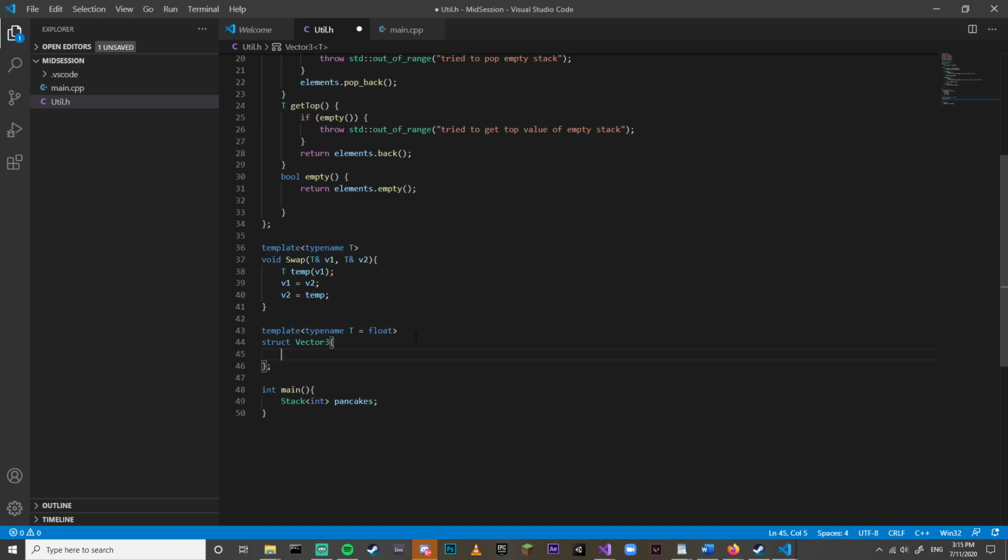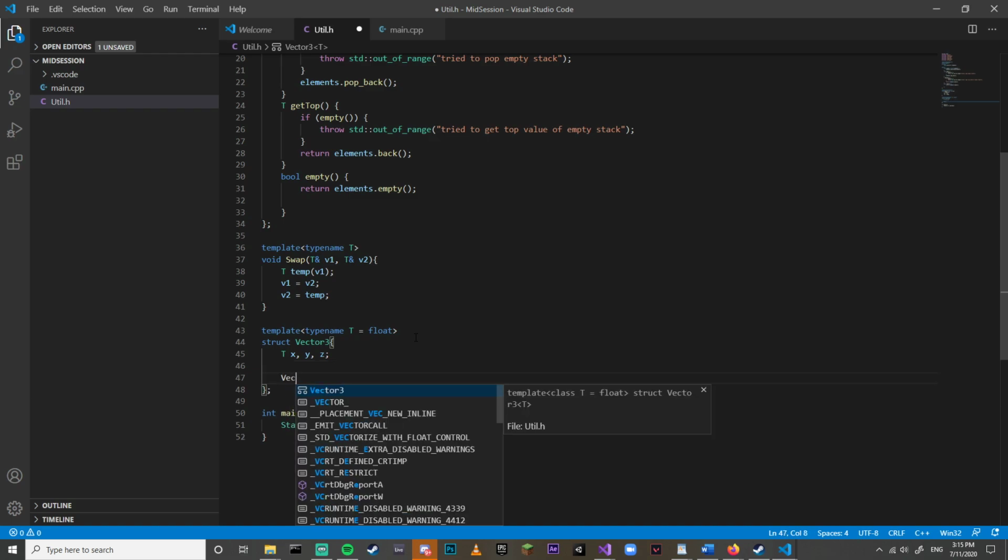You can make some other sort of data structure, but I chose a vector because you can also do things like operator overloading. So do T x, y, z,